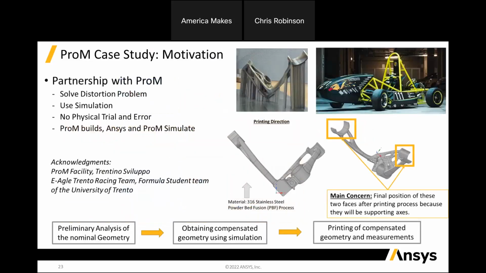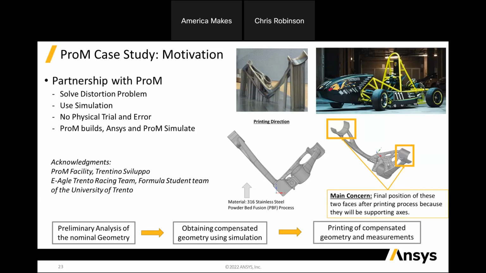So now just jumping into another case study, a simple bracket, it's a nice topology optimized part. This was in a partnership with ProM, just trying to help them to be able to build this vehicle. And as we look at this, those two areas that are marked in gold boxes on the right are their areas of main concern. Those are the interfaces, and they really need to make sure that those locations conform to